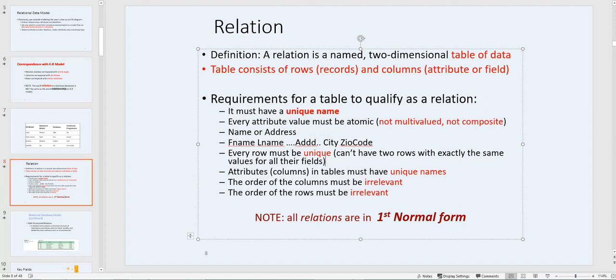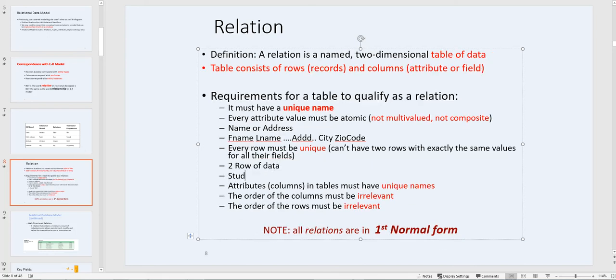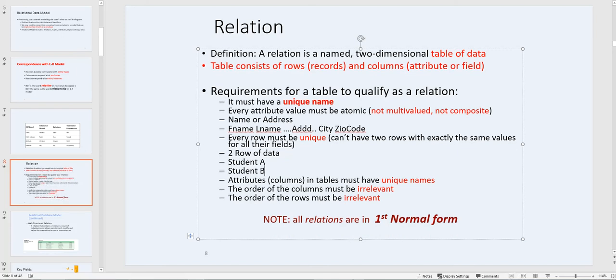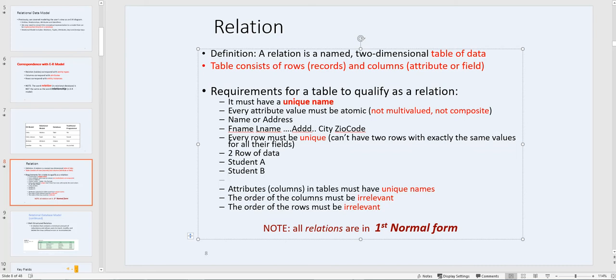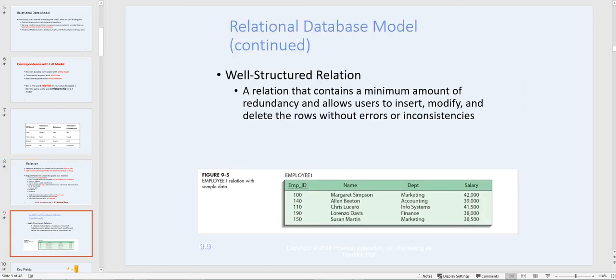Every row must be unique in a relation. That means if I am entering 2 rows of data, student A and student B, they should be unique. By saying they should be unique, it doesn't mean that every field name should be unique. But if I look at, let's say this is a table, so if I look at these 2 records,